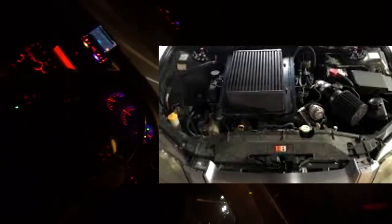So yeah, I'm just throwing out this idea that maybe some people have already done, but it's a cheap mod for you DIYers and maybe those of you on a budget, or maybe if you can put that money from the expensive intake kits into something that's actually more worthwhile and does offer a more noticeable improvement to our car, such as a rear sway bar or stiffer engine mounts or suspension upgrades, which is, to be honest, really what